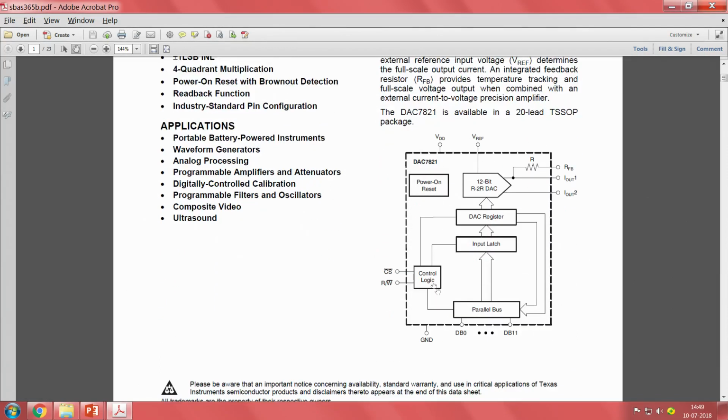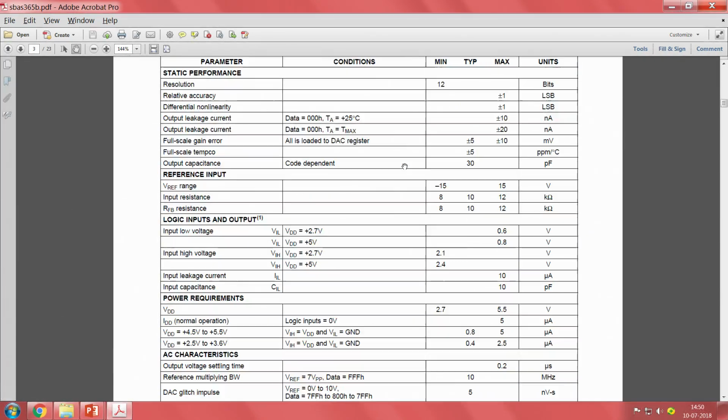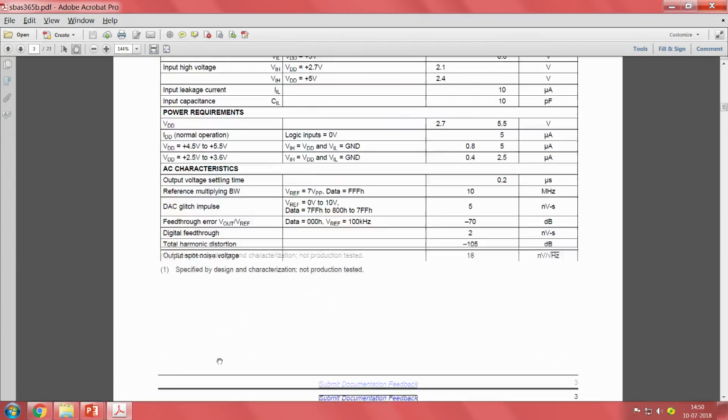You will already have some idea about how the circuit works when you explore ICs that you need. So you roughly get an idea: okay, it is using an R2R ladder to convert in the DAC. Fine. Then you come down. Then you have to see the maximum ratings. This also comes in the features. Okay, I should not go beyond these voltages. Fine. I should not store at this temperature, and I should not operate beyond this temperature. Cool. Then immediately you go to these things, only look at important things like reference voltage, operating VDD and all, then that will be done.